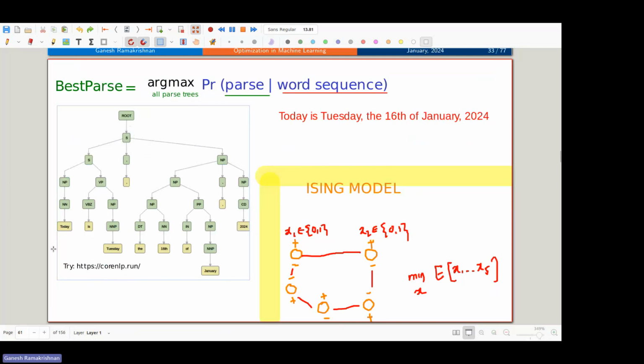So this is the entire sentence: Today is Tuesday, the 16th of January 2024. Then there is a substructure in this parse tree. Today is Tuesday, which is a kind of independent sentence or substructure to a sentence,